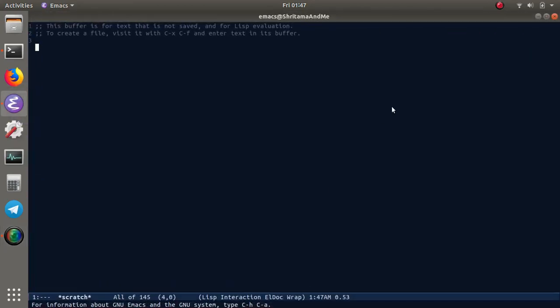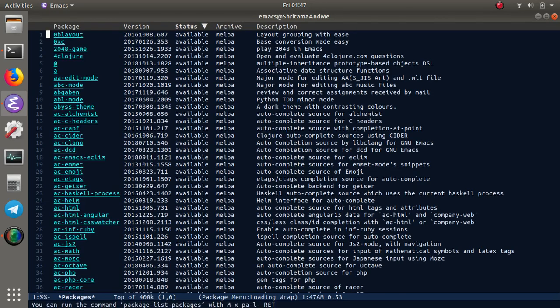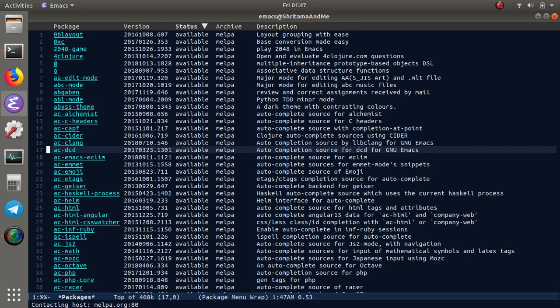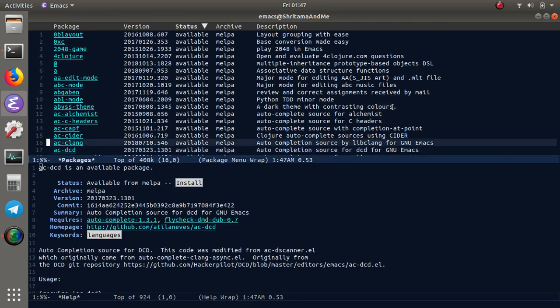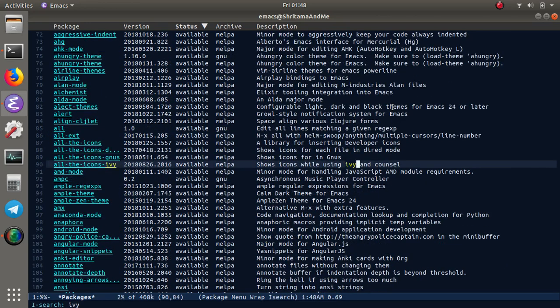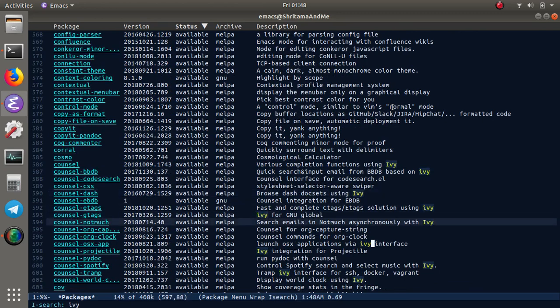So let's get started. Today we're going to install a package called Swiper, Ivy and Counsel. So let's get the package list. So here we are with the MELPA and all the packages here. Okay, so this problem we have, we're going to fix it today for showing the UTF-8 encoding systems. Anyway, if we search for this Ivy package, it has,